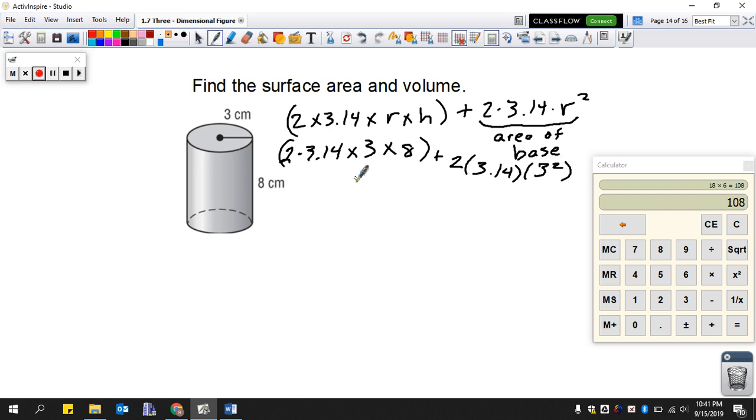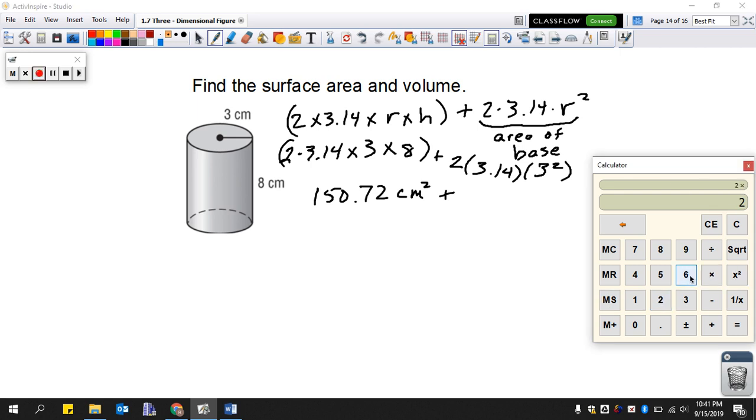And then we just do the math. We go 2 times 3.14 times 3 times 8, which is 150.72 centimeters squared, plus